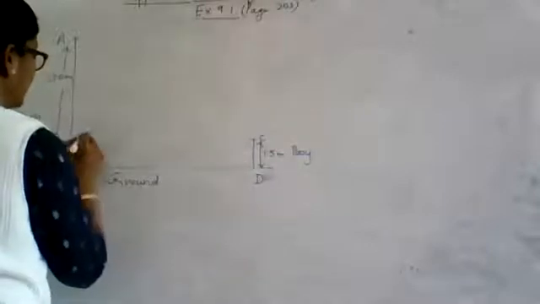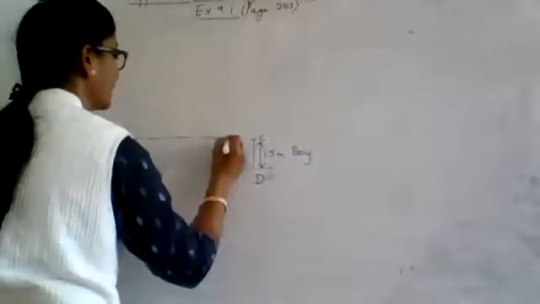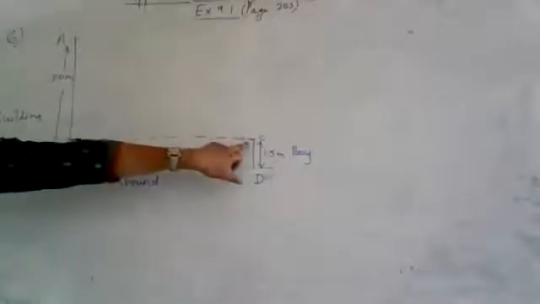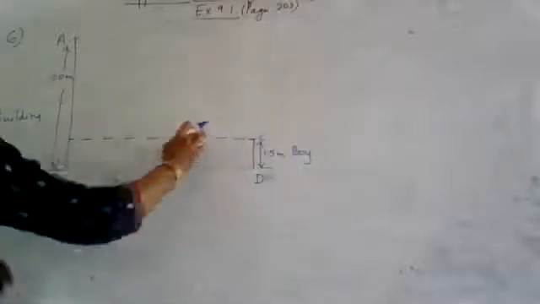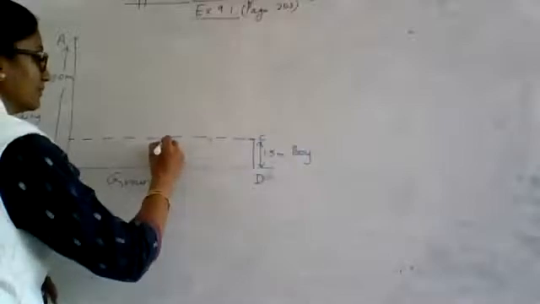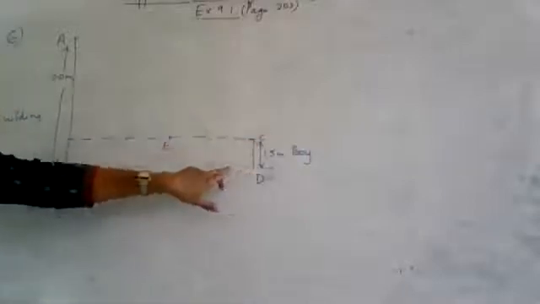The angle of elevation from the eyes of the boy to the top of the building increases from 30 degrees to 60 degrees as he walks towards the building. So he is walking towards the building. Towards the building means he is moving nearer to the building. So this is another imaginary line that I am going to draw. I am putting it as dotted lines. Why? Because from here only our observation is going to happen. Alright. So he is moving like this towards the, I call this the new point. From C, that is from D, he is moving to E.